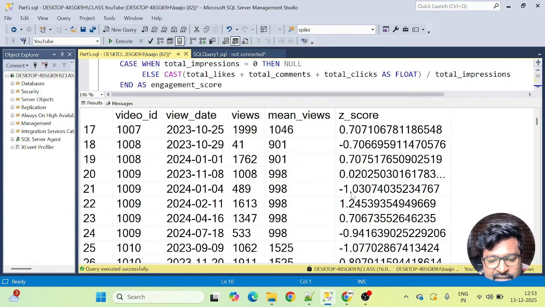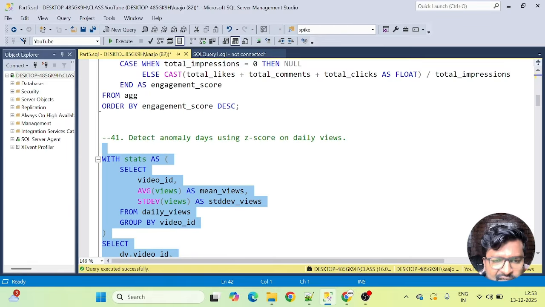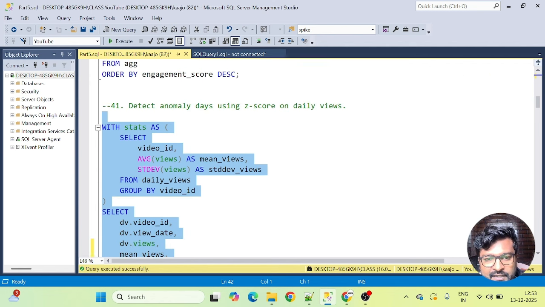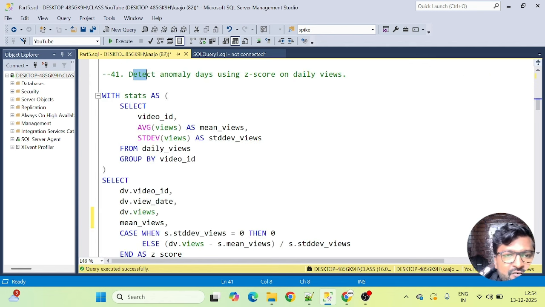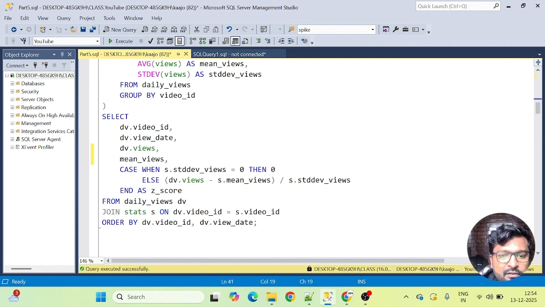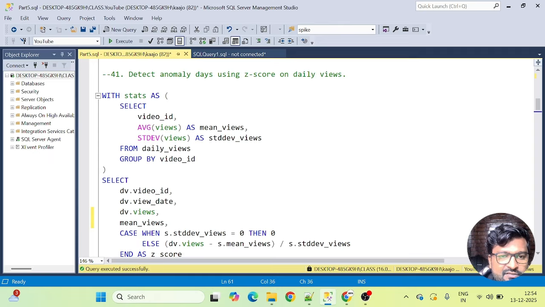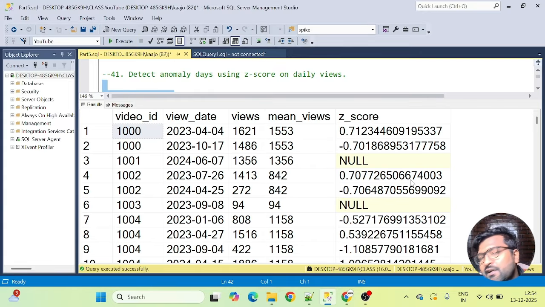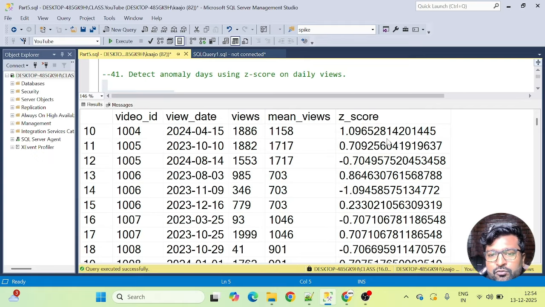You would probably like to check on the internet and try to understand what standard deviation exactly is, and what Z score exactly is. I just wanted to give you a heads up about this, right? When I say detecting anomaly in this question, an anomaly can be of two kinds: either positive or negative. I want to track if there was any sudden rise or sudden decline in our videos. That we can do by Z score.